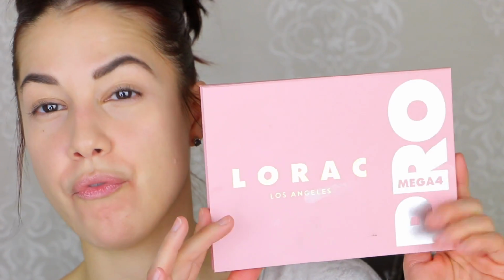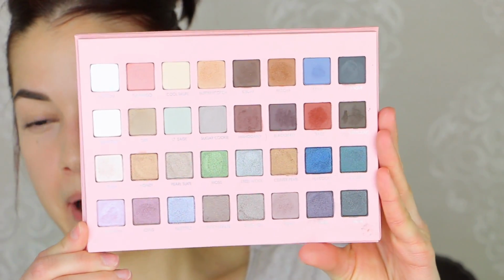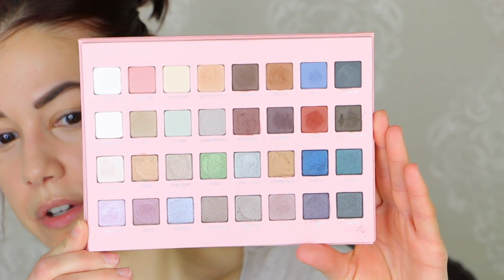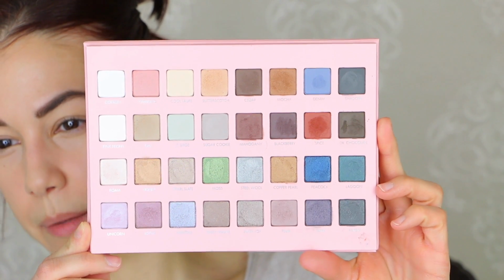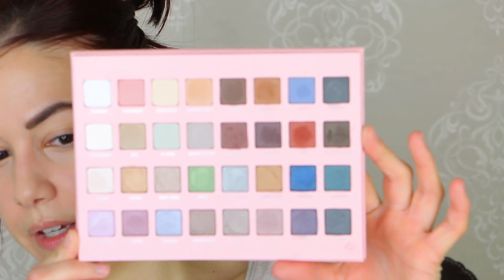I busted out my LORAC Mega Pro 4 palette that I have enjoyed. When I first got this, I think it was October when it came out, or I think it was September? October. And it's a beautiful palette. I'll show you if you haven't seen what it looks like. It's the big palettes that LORAC comes out with every single year. This one has lots of soft tones like blush tones, some deeper colors, some pops of shades here and there,